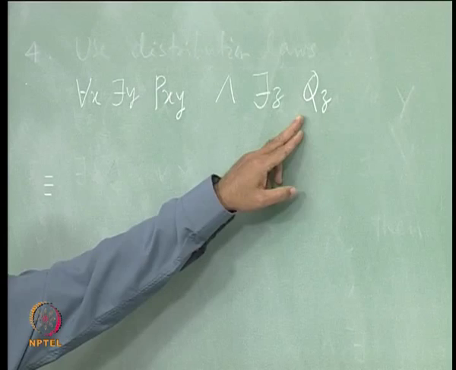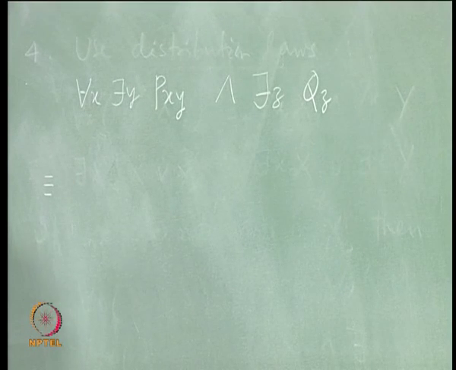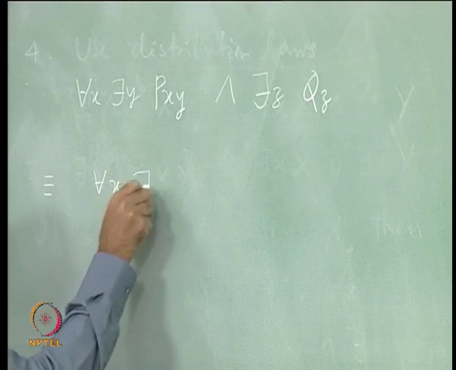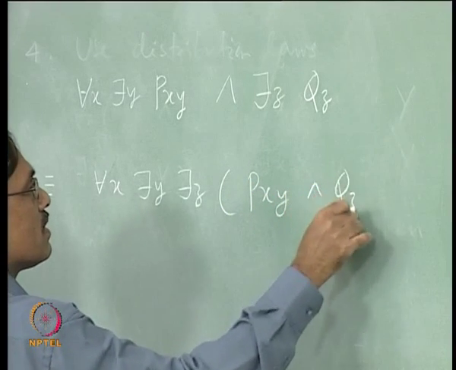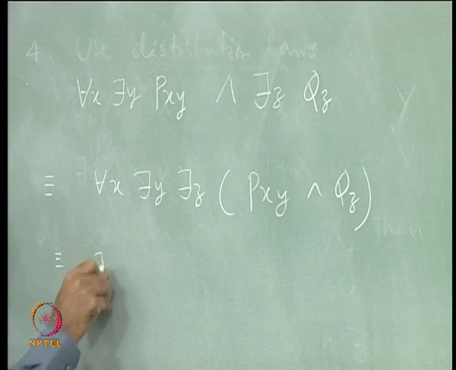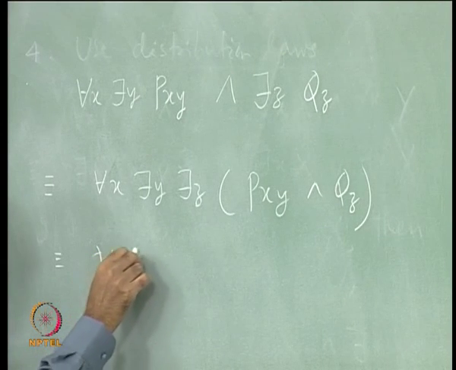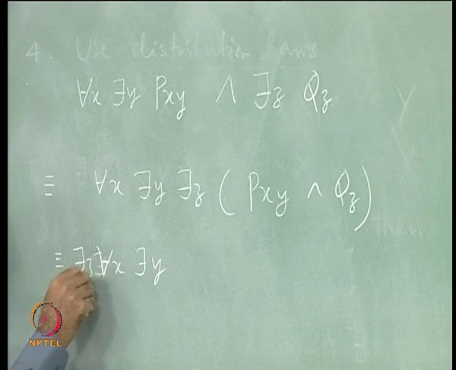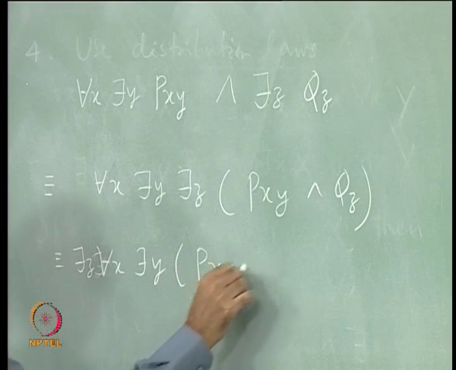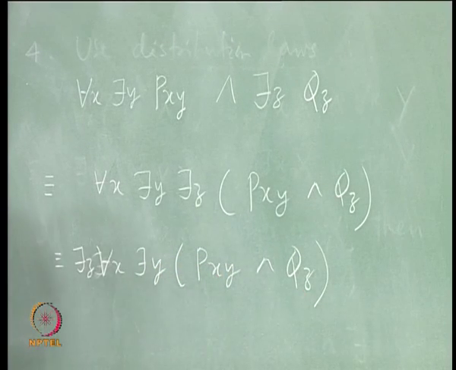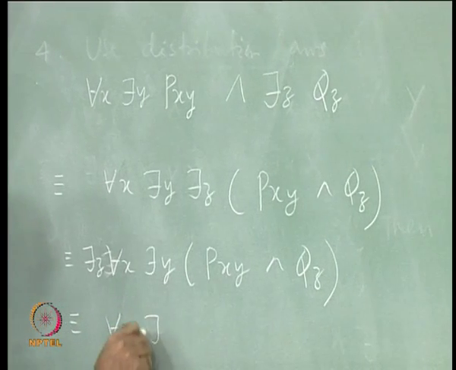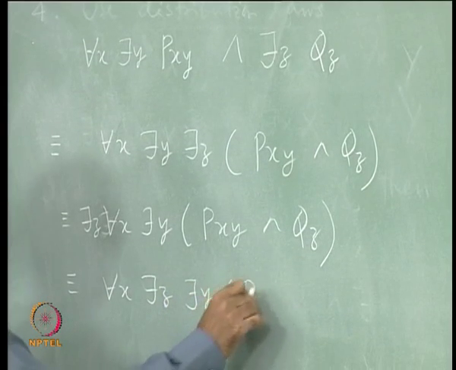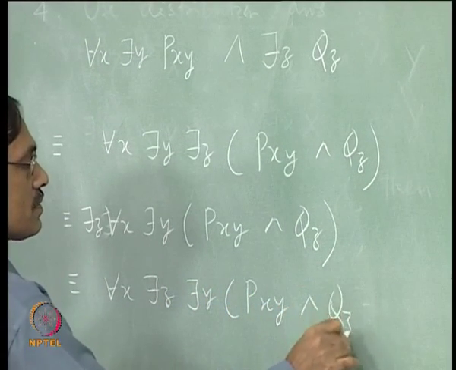X y do not occur here, z does not occur here, right. So, you can just bring out in any way you like. So, it may look something like, for each x there is y, there is z, p x y and q z, and it can also be seen as there is, for each x there is y, there is z can come here, p x y and q z. You can also bring it to the form, for each x there is z, there is y, p x y and q z,